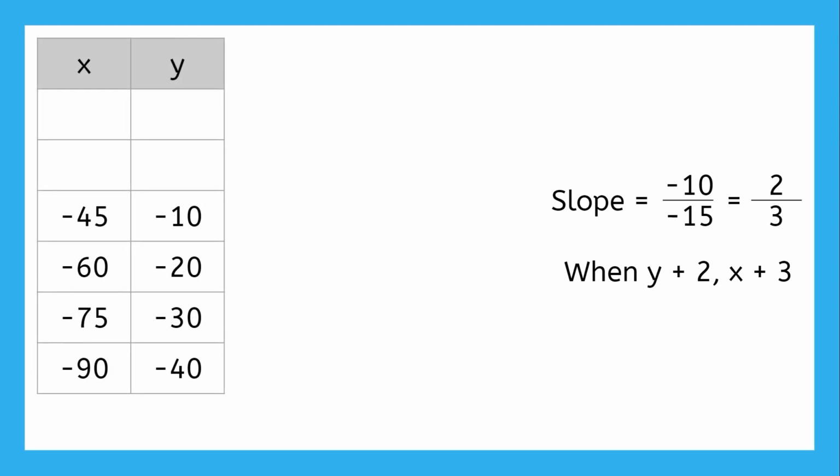Since negative 10 is closer to 0, let's try to find the x-intercept first. To go from negative 10 to 0, we add 10 to the y value. But then we need to add an appropriate amount to x. The slope said 3 x's for every 2 y's, so how many times do we add 2 to the y here? Well, adding 10 is like adding 2 5 times. So if we added 2 5 times to the y, we should add 3 5 times to the x. So then if y goes up by 10, x has to go up by 15.